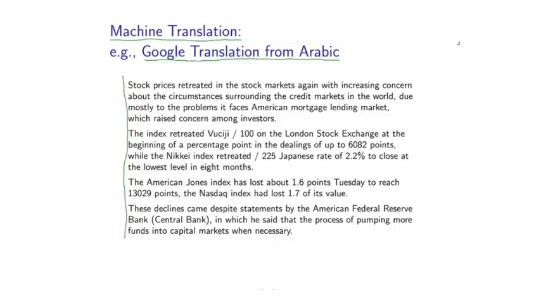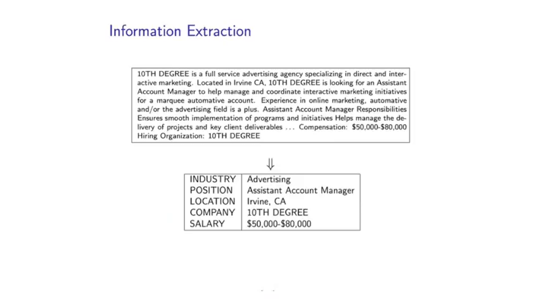So later in this course, we'll actually go through all of the key steps in building a modern machine translation system. So a second example application is what is often referred to as information extraction. So the problem in this case is to take some text as input and to produce some structured, basically a database representation of some key content in this text.